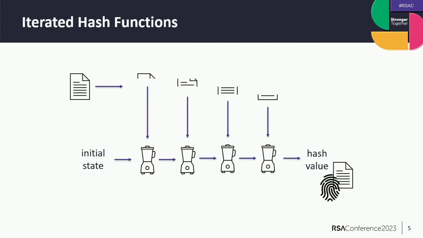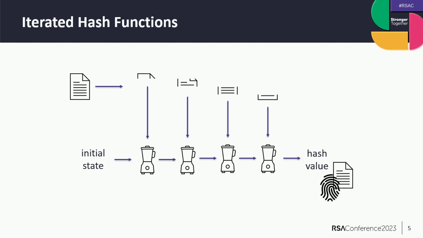So first, because I like to start with an easy slide that hopefully everybody can still follow, and then it gets progressively more difficult from there on. So here is an example of what a hash function looks like. Most hash functions are iterated hash functions. What will happen is that there's this type of function that you will keep calling again and again, after you've split the message, possibly after padding, into blocks of fixed size, so that you can process a variable length message using some fixed length underlying calls.